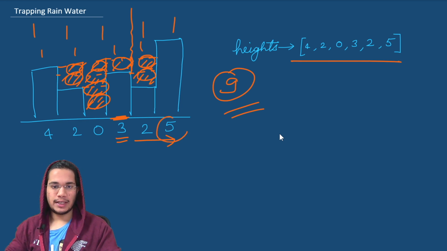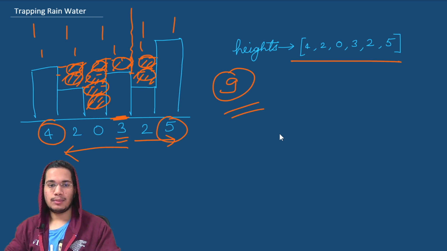For example, 5 is the value which is greater than 3, and there's no value larger than 5. So we'll keep the maximum tallest building towards the right of 3 as 5. Similarly, we'll also have to iterate to the left of every element. So when we iterate to the left of 3, we'll find building number 4, which is greater than 3, and this is the tallest building till now.